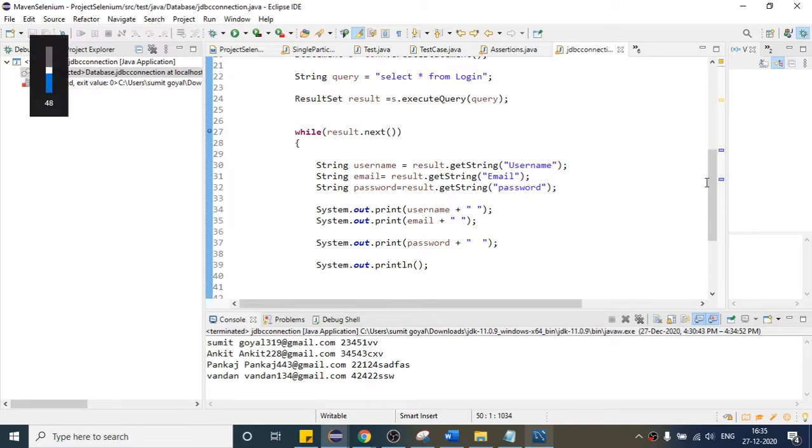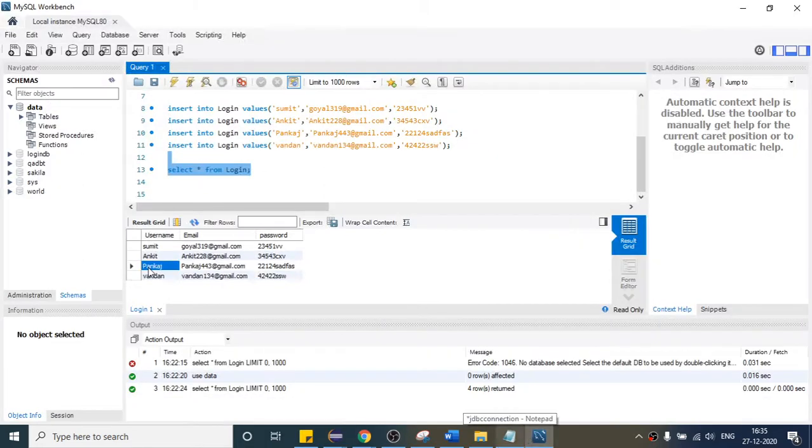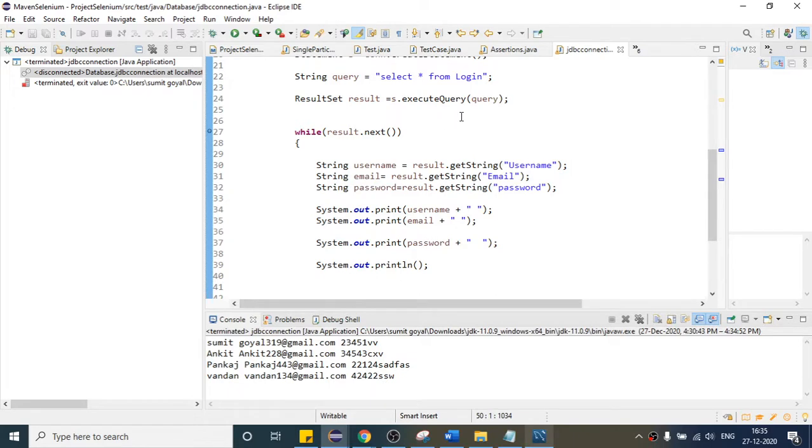Okay. So just suppose here I am getting all the data, but every time you do not have to get all the data, right? So suppose I want to get the data of this person. I want to get the data of Pankaj only. How can we do this? We have to understand. So instead of this one, if I write